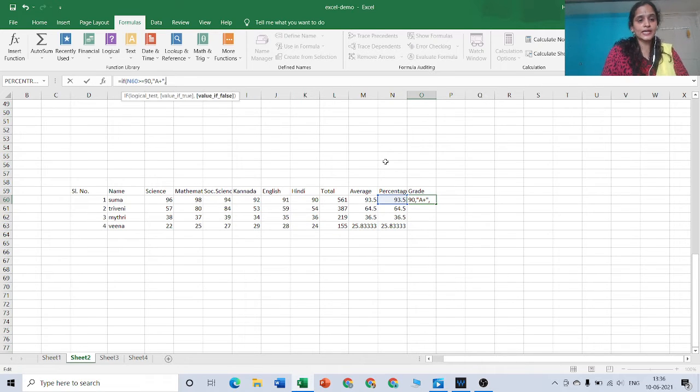If her score is between 80 to 90, I wish to give her A grade. So again you have to place the condition by typing the word IF, open the bracket and type the percentage cell address.